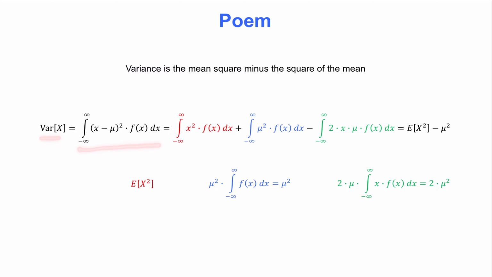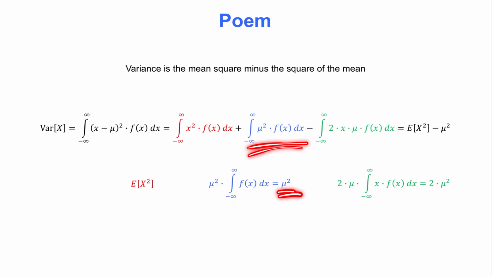Next, we expand the parenthesis that is squared, which gives us three terms, marked in red, blue, and green. The red term is immediately identified as the second moment of a random variable. That moment is called the mean square. Next, we pull the square of the mean outside the integral marked with blue. What remains in the integrand is the PDF. The integral of a valid PDF must be equal to 1, so the blue term is simply the square of